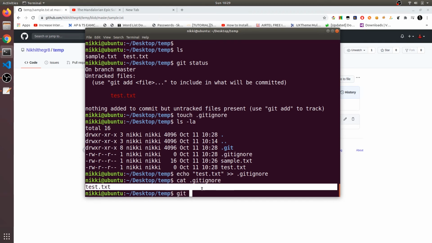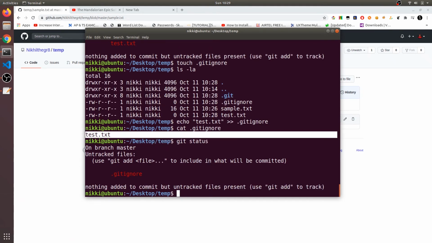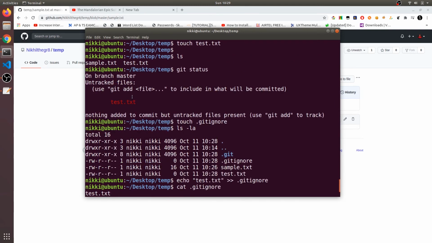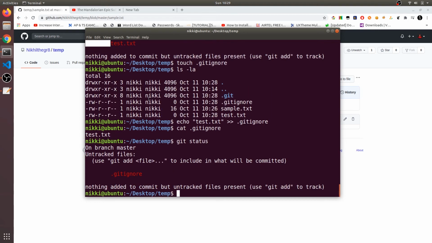Now if I run git status, you can see untracked files: .gitignore. You can just ignore this file. This file does not mean anything, it is only meant for containing the file names you don't want to track. You can see in the previous git status you have the test.txt file, but in this we don't have this test.txt file.